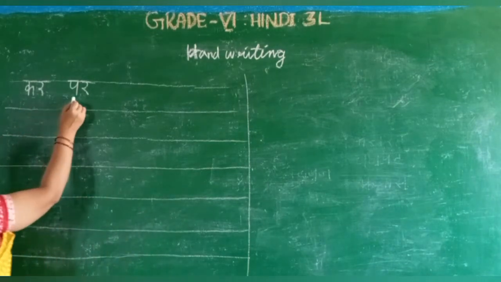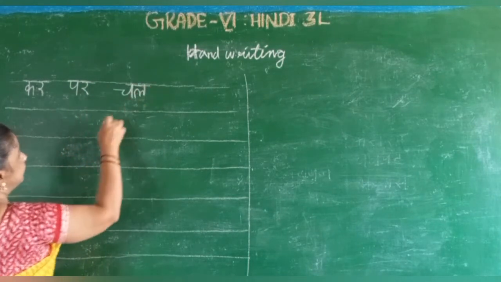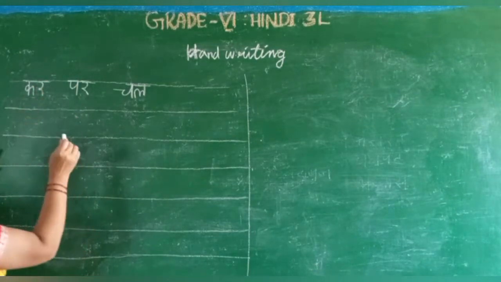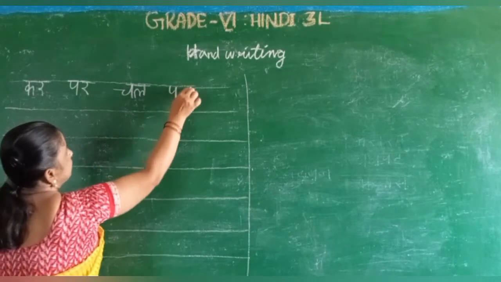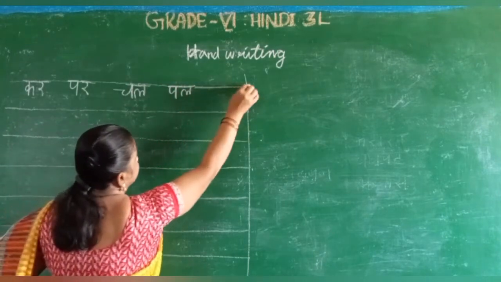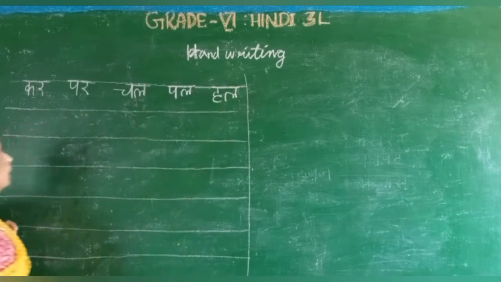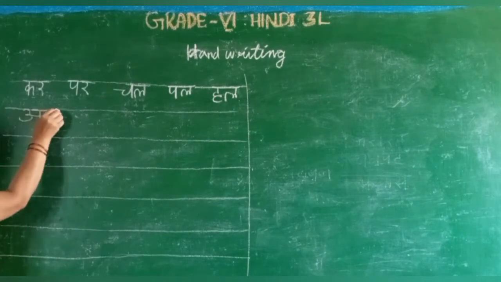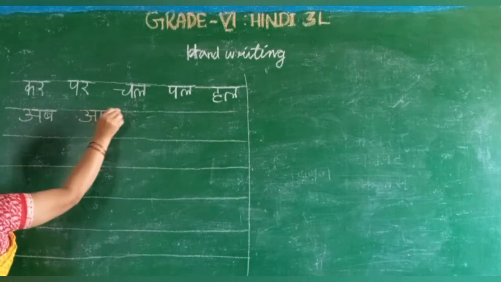See, ka, ra, kar, pa, ra, par, cha, la, chal. You write like this with space. You give some space between 2 words. Ka, ra, kar. Then only your handwriting notes look very neat. And pa, la, pal. You see very carefully. Below the line, you start writing. Ha, la, hal. And a, ba, ab, a, ga, ag,